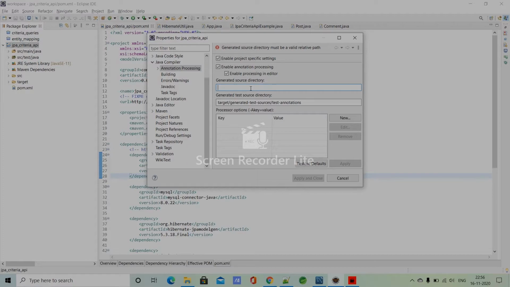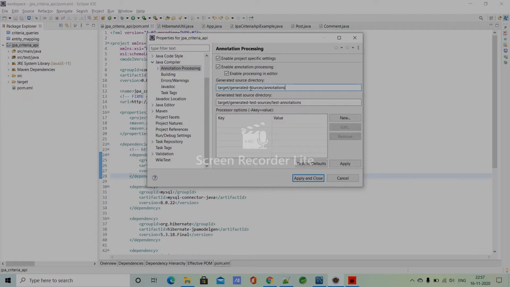You have to specify the path or the folder name here, and this folder name or path should be inside the target folder. Okay, so target slash generated sources slash annotation.